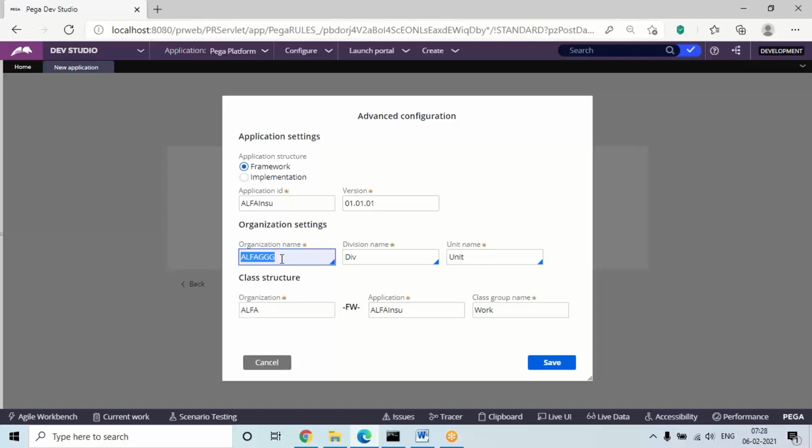So when you give these organization names, we give either four or less than four characters. Suppose we have an SBI insurance, we'll only give three characters, not more than four, because the maximum length for the organization name is only up to four. Like for AXA insurance, they'll give it as AXA. Not more than four characters in the organization names. Maximum length is four characters.